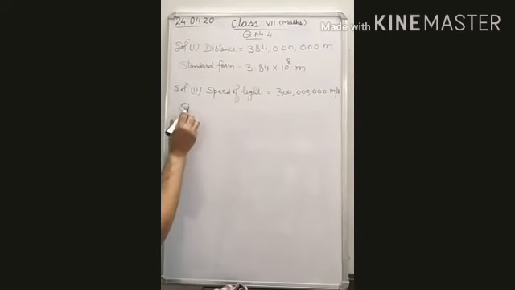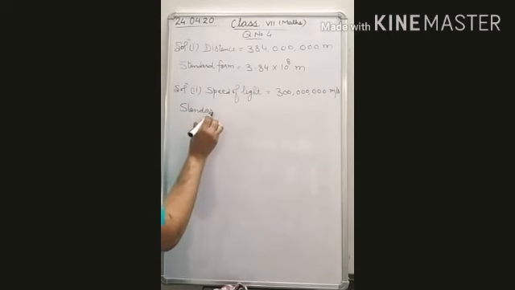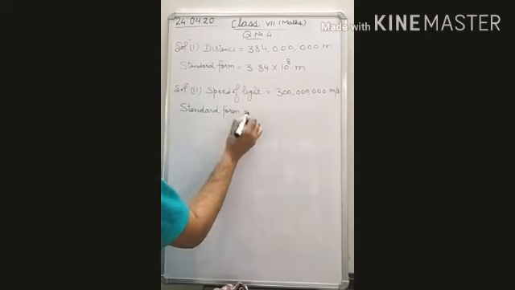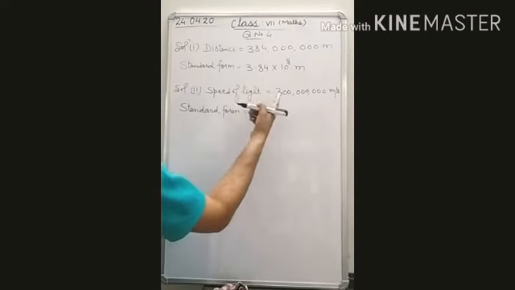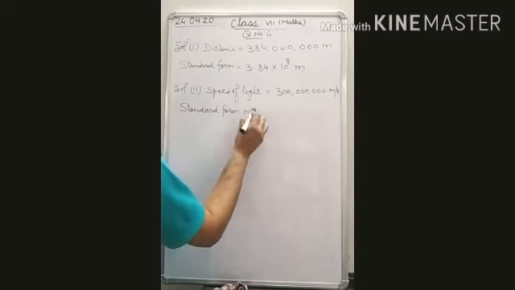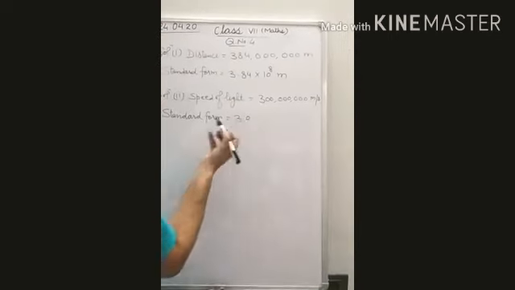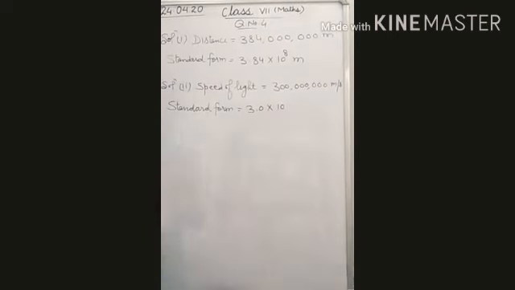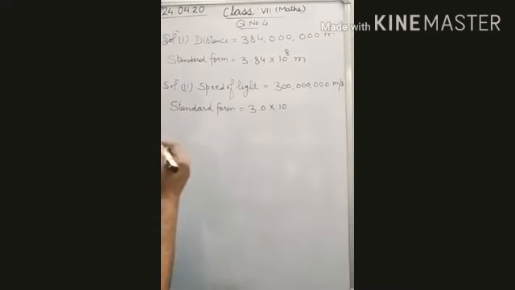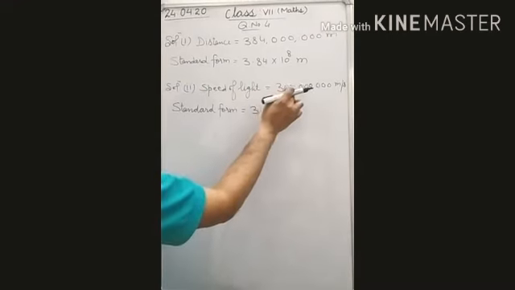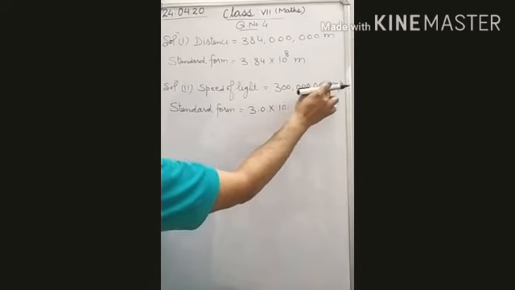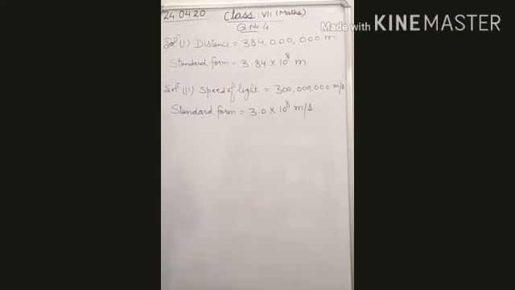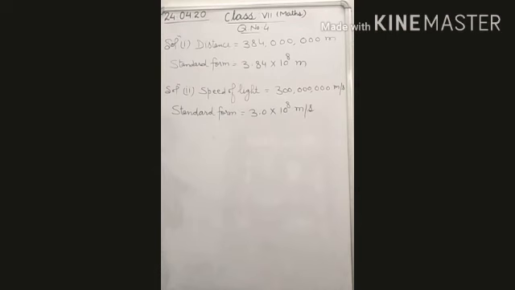So we write the standard form. Standard form of this. So what will be the standard form here? So our first decimal after first digit, it will be 3 point. Nothing is here, so we can write 0 or only we can write 3. Both are the same thing. Into 10 raised to the power what? You count the number of digits after 3. So how many digits are there? 1, 2, 3, 4, 5, 6, 7, 8. So 10 raised to the power 8 meter per second. So this will be the standard form of this question.